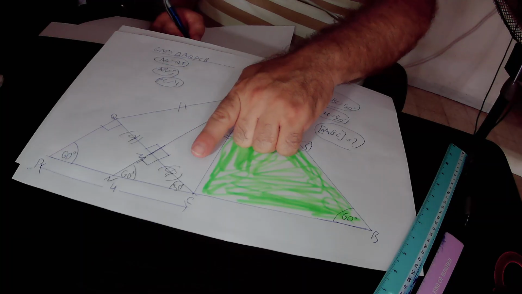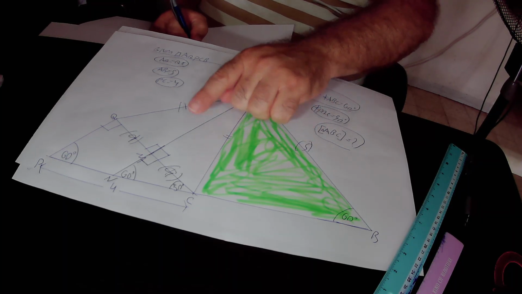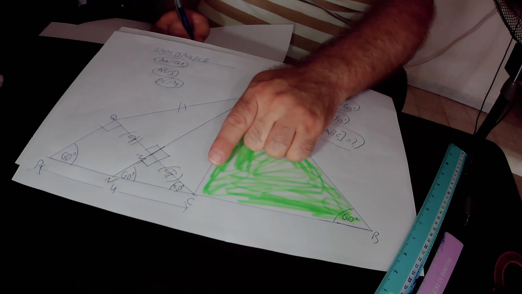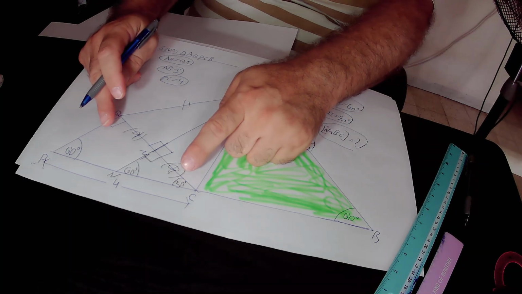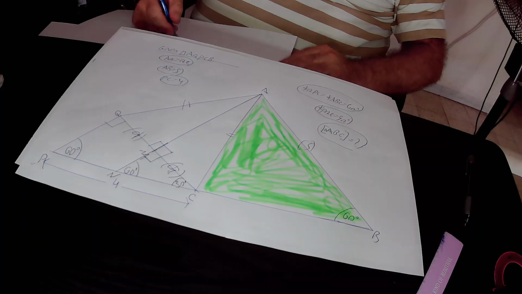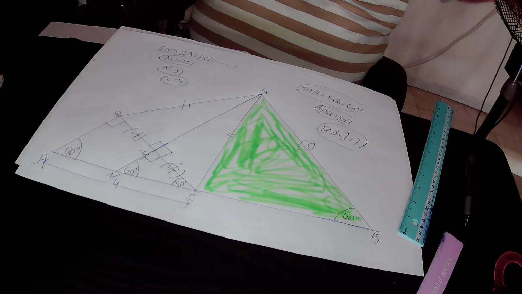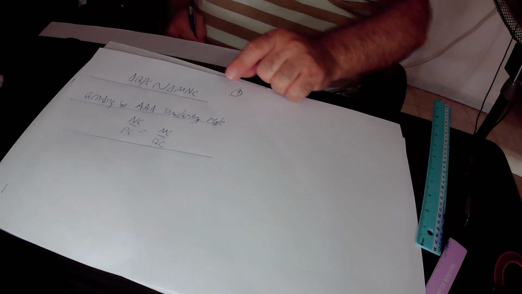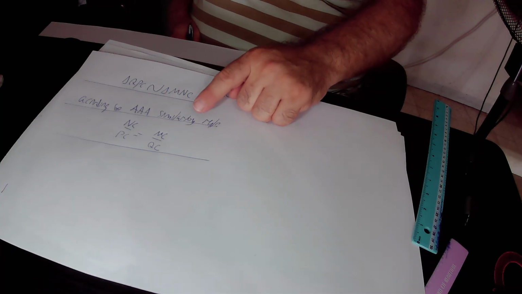It is actually side MC of the small right triangle MCN over side QC of the big right triangle QCP. And again, from the fact that those two right triangles are similar to each other, we will derive that the following relationship exists between their sides. We will derive that side NC of the small right triangle MNC over side PC of the big right triangle QPC is equal to side